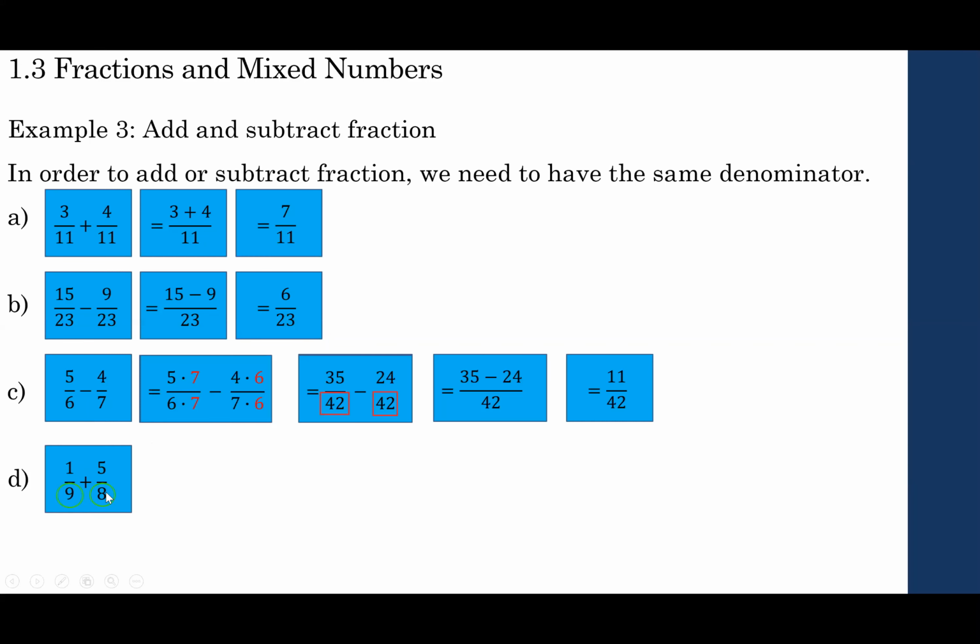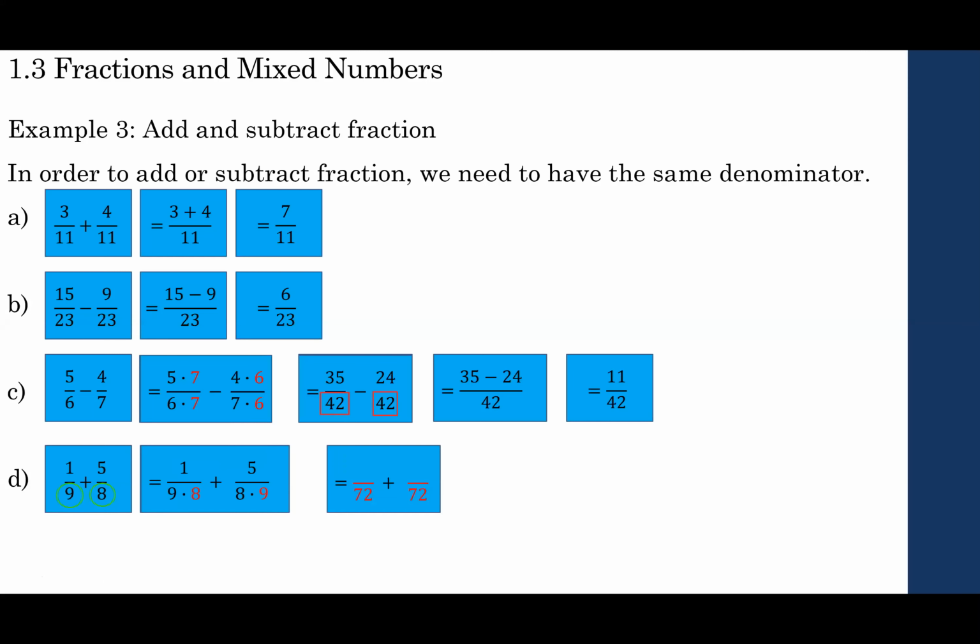We cannot keep the bottom. In order for you to keep the bottom, they have to be the same. So looking at this here, we cannot keep the bottom because what do we keep, right? Do we keep the 9 or do we keep the 8, right? So again, in order to do this, ask yourself, how can you make this the same? And to make this the same, like I say, the shortest way, the easiest way is take the denominator of one item, multiply it to the denominator of the other item, and again, vice versa, which is, as you can see,